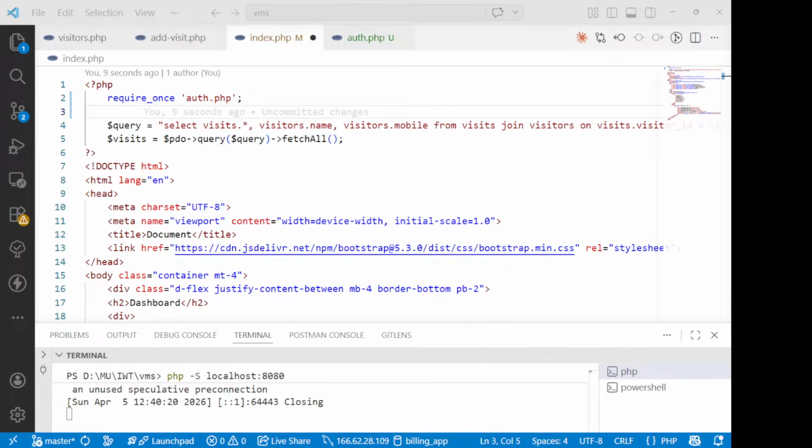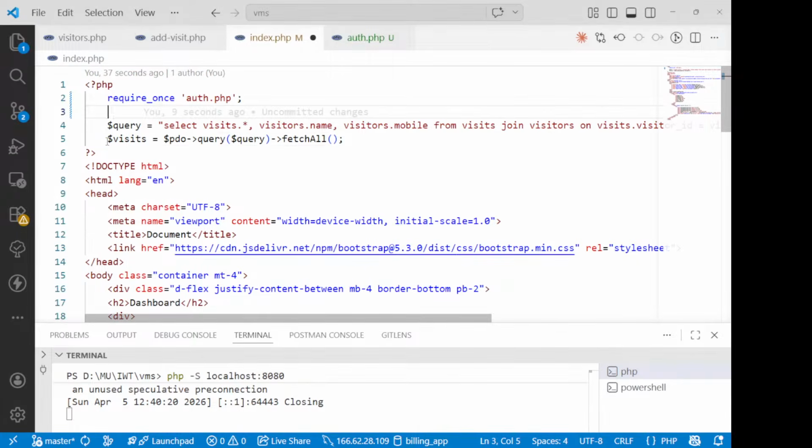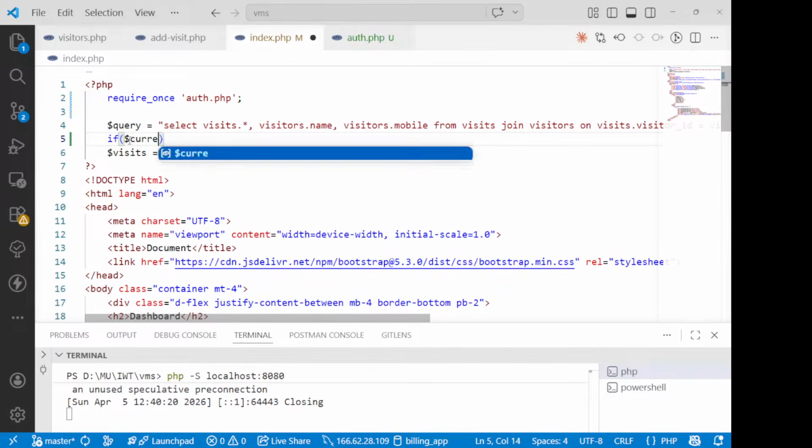तो ये हमने कर दिया यहाँ पर। उसके बाद हमें रोल बेस जो विजिटर्स आएंगे, विजिटर सब कुछ दिखाना नहीं है। अगर रिसेप्शनिस्ट है तो उसको आज का ही डेटा दिखाना, वो यहाँ पर आपके पास व्यू टुडेज विजिटर्स ओनली, व्यू ऑल दी विजिटर हिस्ट्री। तो इसके लिए हमने क्या करना है, यहाँ पर जाके एक जो क्वेरी हमने लिख के रखा है, ठीक है, ये आपने क्वेरी बनाया है, बट इस क्वेरी के अंदर हमें रोल बेस मैनेजमेंट करवाना है।